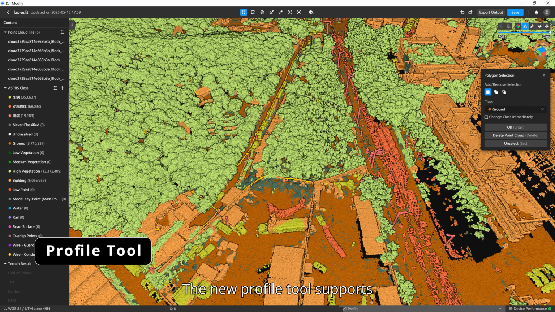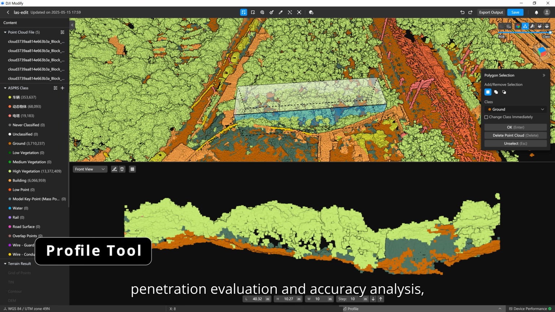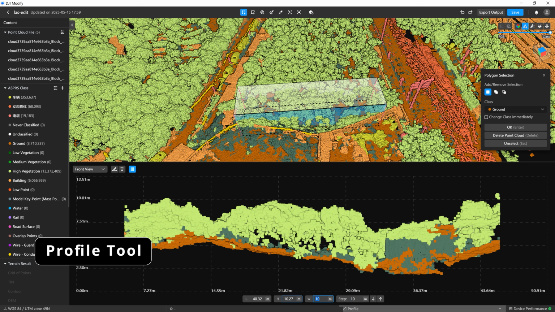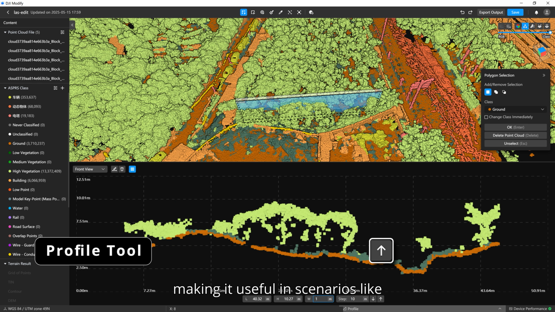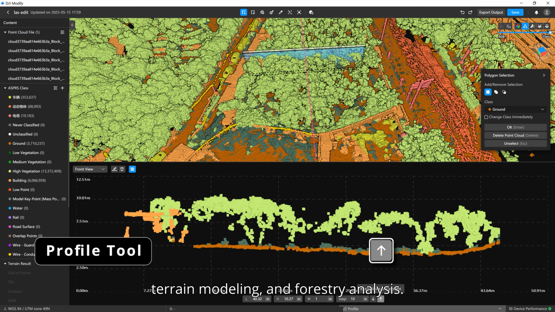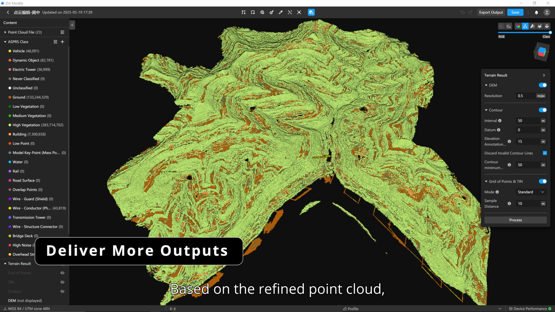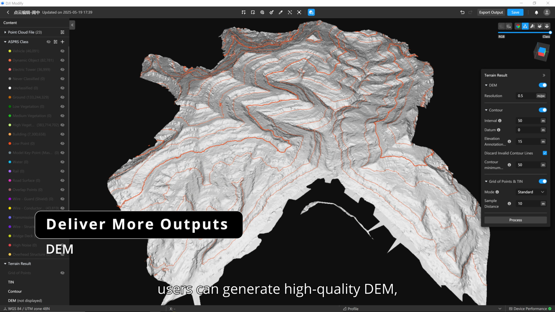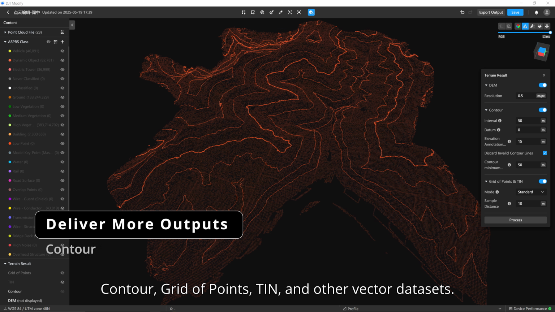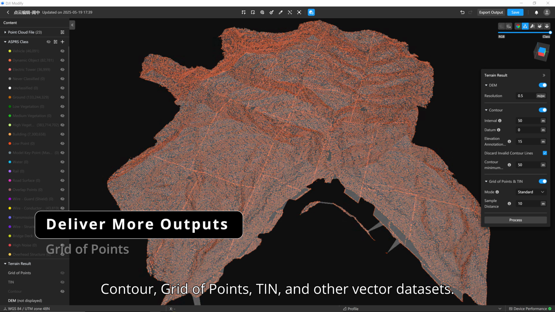The new Profile tool supports penetration evaluation and accuracy analysis, making it useful in scenarios like powerline inspection, terrain modeling, and forestry analysis. Based on the refined point cloud, users can generate high-quality DEM, contour, grid of points, TIN, and